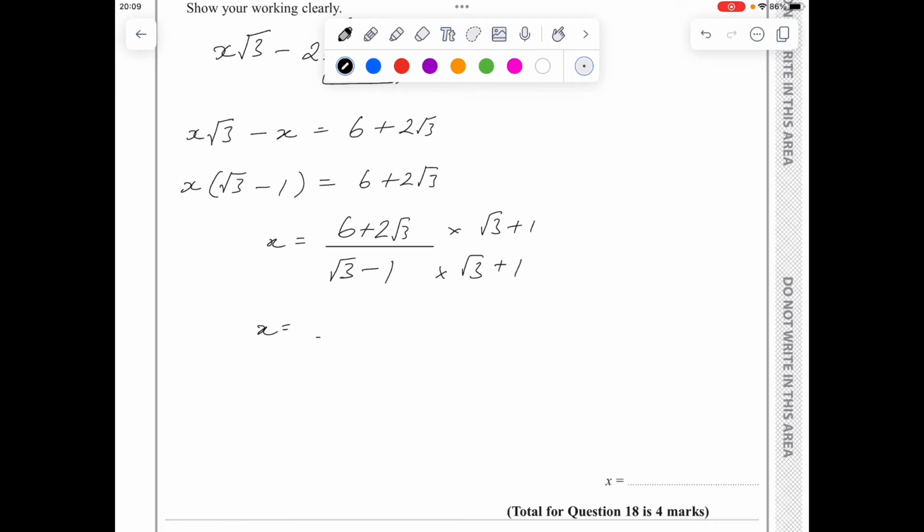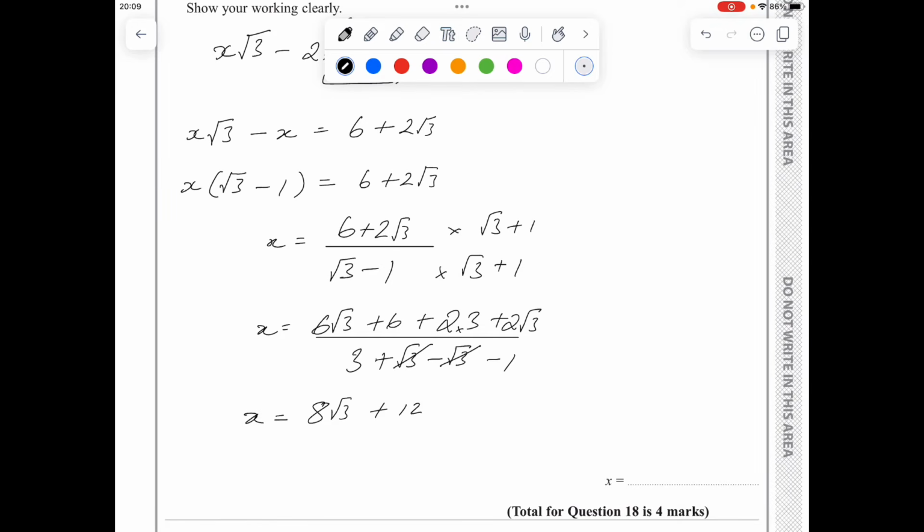So if I expand at the top, I will get 6 square root of 3 plus 6 plus 2 square root of 3 times square root of 3 is 3 plus 2 square root of 3, and then in the denominator I get square root of 3 times square root of 3, which is 3, plus square root of 3 minus square root of 3, this cancels out, minus 1, hence x equals 8 square root of 3 plus 12